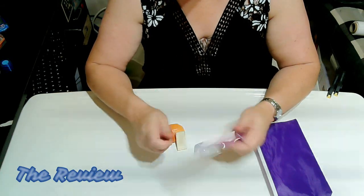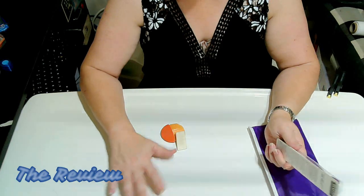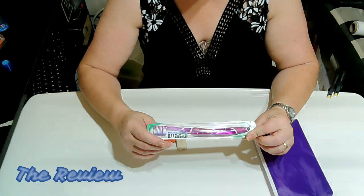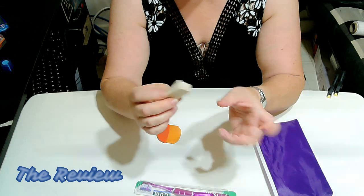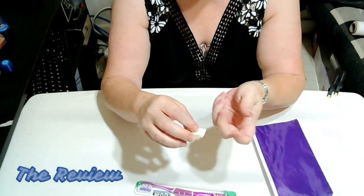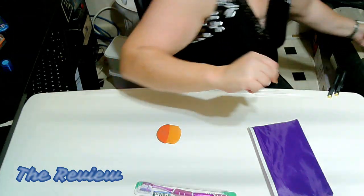And I use the toothbrush to gently brush any lint or any kind of debris that might have fallen on the painting as I was working on it. So you always want to use a toothbrush to clean off your paintings. And then I have a makeup sponge. This helps by wiping up some of that pink wax residue that could be on your drills, or you could